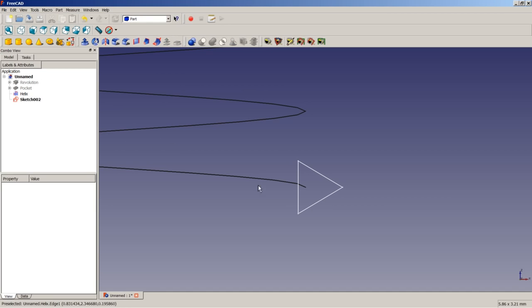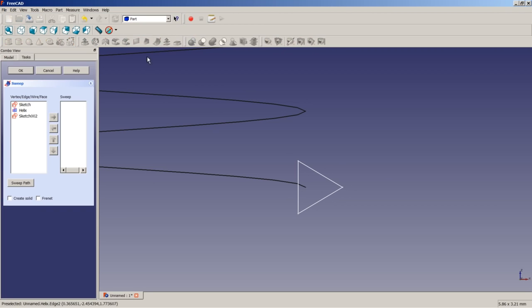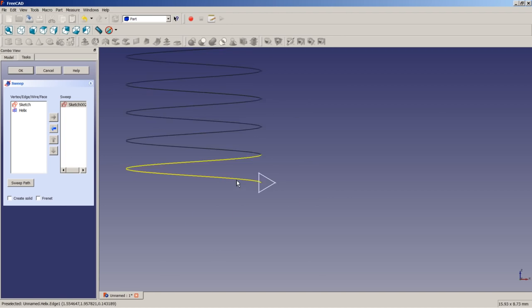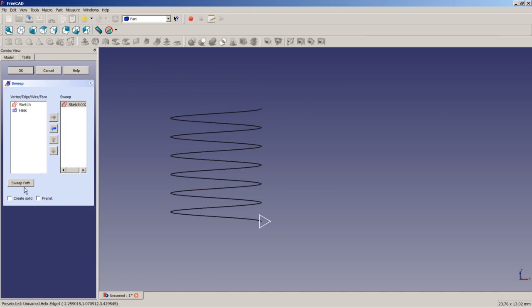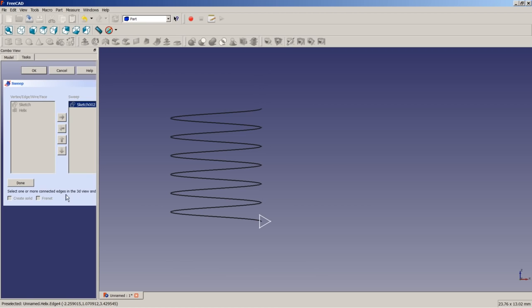We click an empty space to make sure to have everything deselected. And we choose the utility to sweep. We want to sweep sketch 002. We click once more here in empty space. And the sweep path, we select,